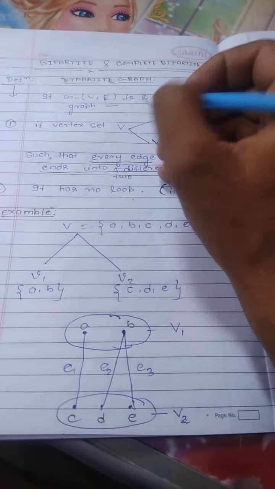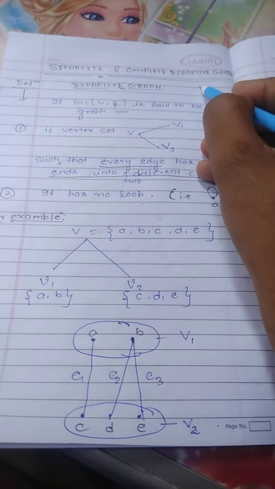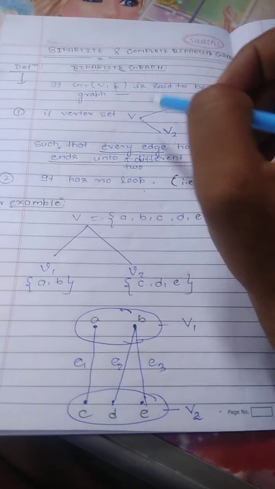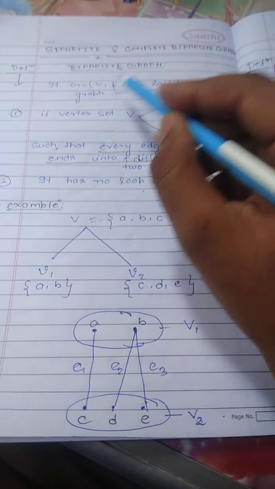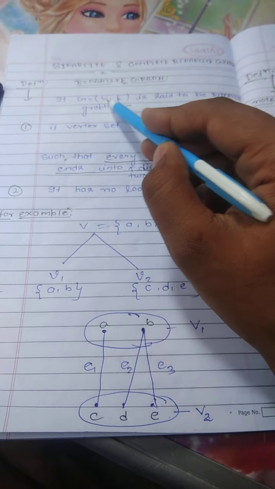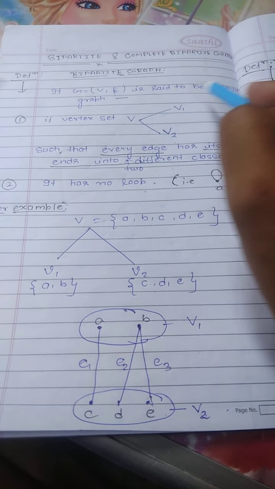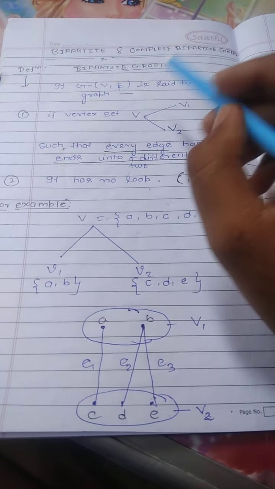Let us start the most important topic, bipartite and the complete bipartite graph. Let us see the first definition, bipartite graph. If G, any graph, is the collection of vertices and edges, it is said to be a bipartite graph if it